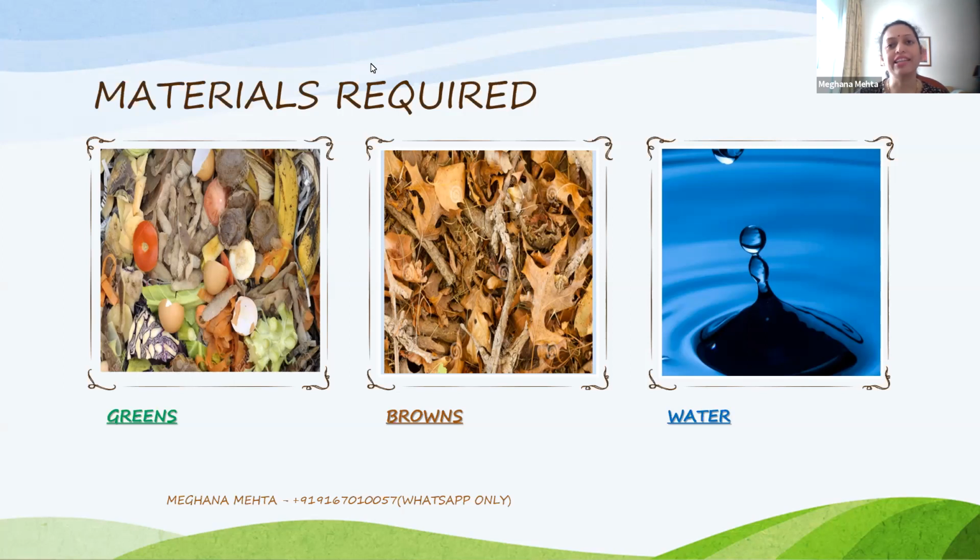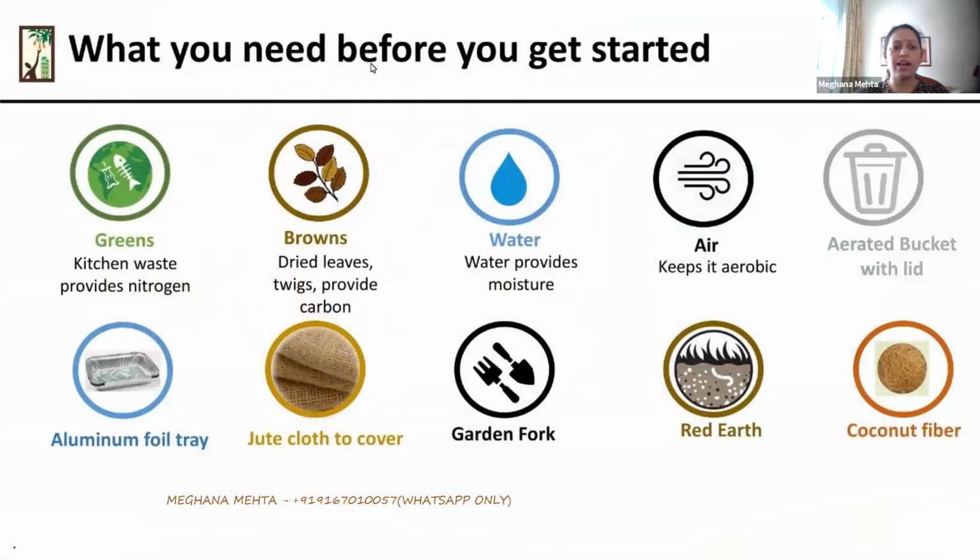Now what are greens? Greens are nothing but waste generated in the kitchen. Greens is the kitchen waste, the peels of fruits and vegetables. Now, there are different methods of composting. The method that we are following today is the simplest of all. It's just child's play. If you just go through this PPT and procedure, even a child can do it. So we have the greens, which is the kitchen waste. Kitchen waste provides nitrogen. Apart from the kitchen waste, greens also has the green colored leaves.